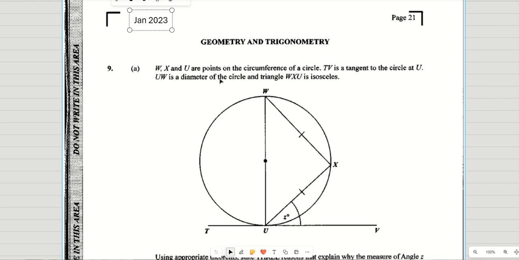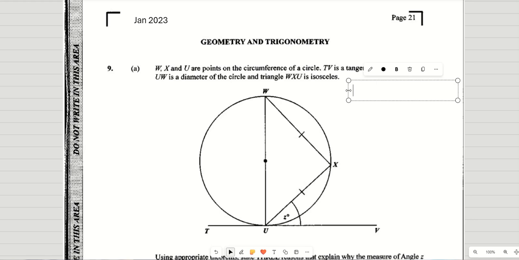UW is a diameter of a circle, and triangle WXU is an isosceles, meaning two sides are equal, right? Now, from this, let us talk about what we know. First off, a triangle is 180 degrees, right? Next thing that we should know is that WU, which is your diameter,